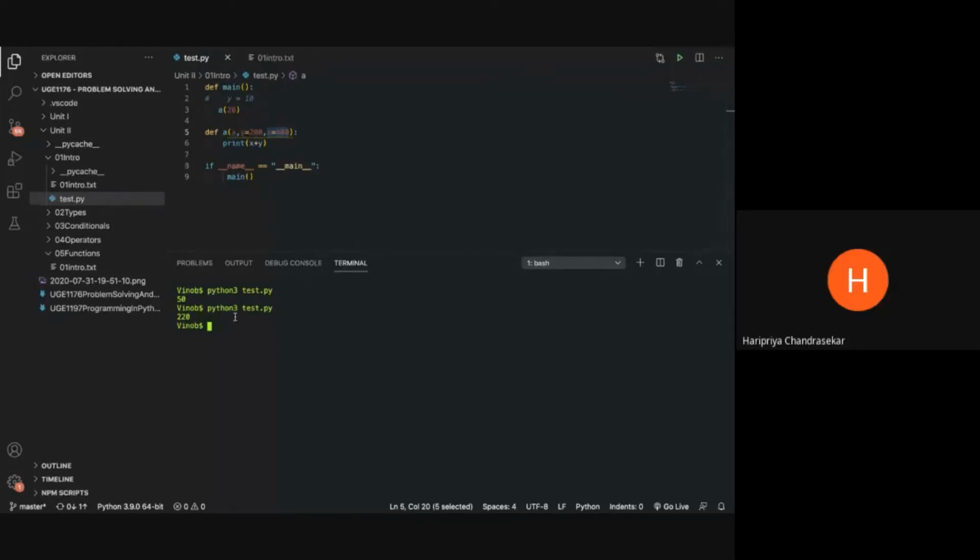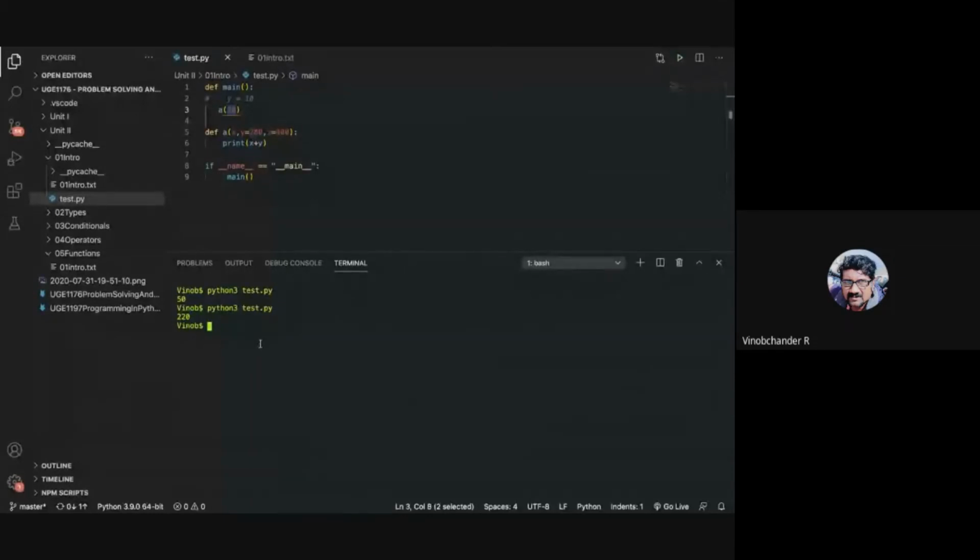Sir, I have a small doubt. You said the arguments can be either values or variables. Correct. We can get the variable value from the user also, right? Like x equal, that 20 can be got from the user and passed in here. Yes. Okay, fine.